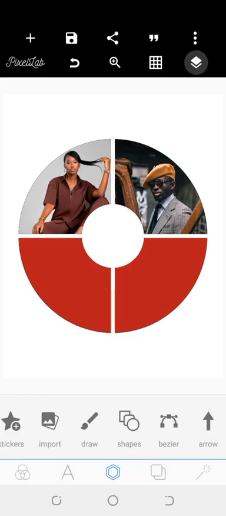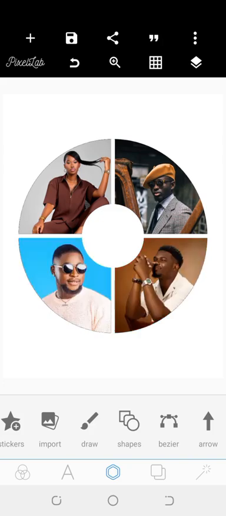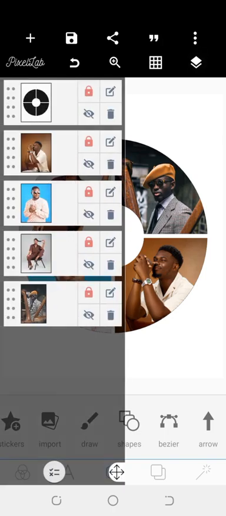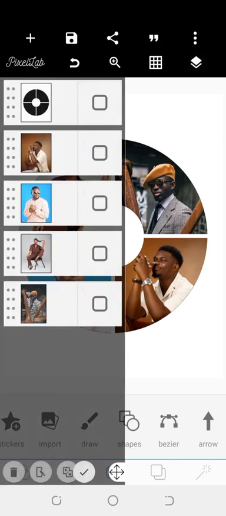Okay, so this is it. So I've done it for two pictures. All right, so I'm going to just save this. I'm going to just pause the video now so that I can do the rest. So I'm done fixing the pictures. Okay, so next thing I'm going to do is merge everything together,